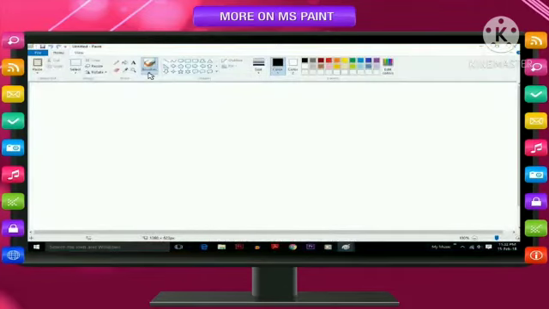In the Brushes tool, click Watercolor Brush. Select a brush size. Select the color to draw. To draw, hold down the left mouse button and drag the mouse pointer over the image.